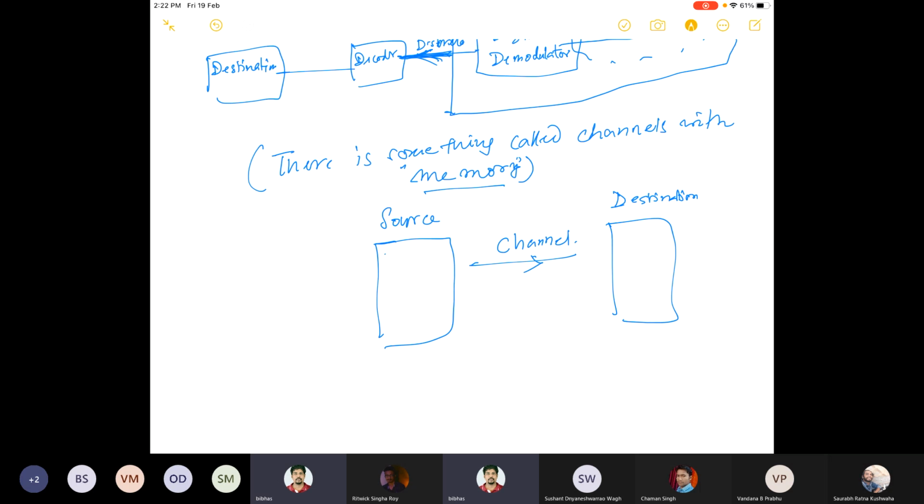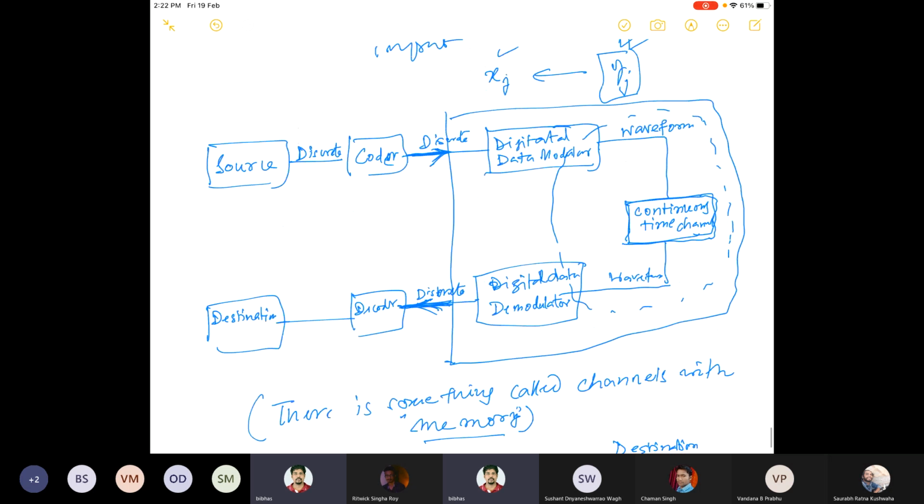And here I'll consider my inputs as integers. You need not take integers, you can just take a1, a2, ak, but because we talked about a1, a2, ak as symbols, after coding we have a sequence of 0s and 1s, and a sequence of 0s and 1s can be used to construct an integer. If I give you a bunch of 0s and 1s, you can of course construct an integer corresponding to that.